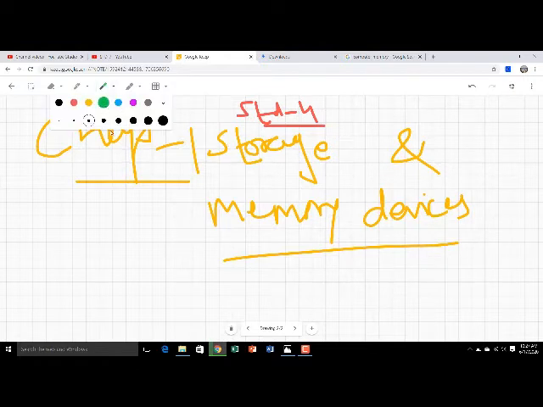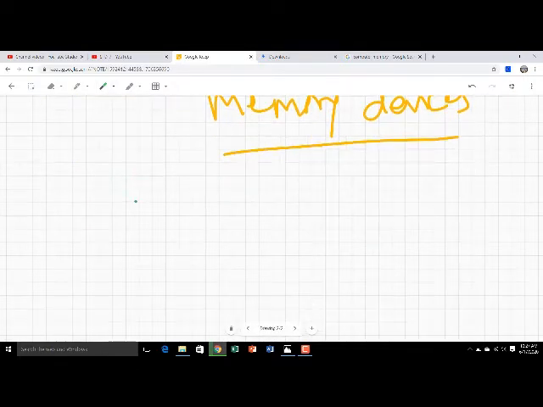Now we are going to learn. First one is storage. So what is storage? The memory of a computer is also known as storage. In a computer we have different storage devices, which can store our data. We store the data in a computer using these storage devices. But how is it stored?